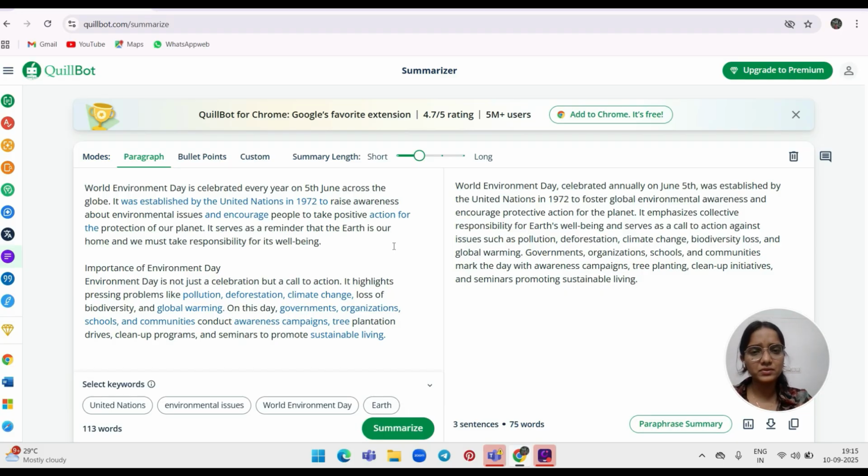So this was a simple class where I just wanted to introduce you to Quillbot. I would suggest after the class you go back, go to Chrome, find this app there and use it. And if you are interested, you can go for the upgraded premium version. You can use that as well.